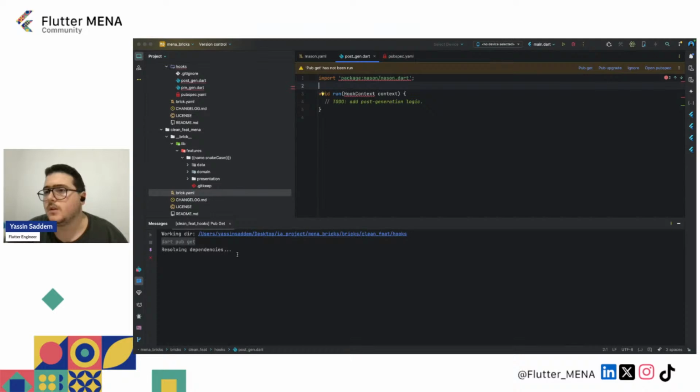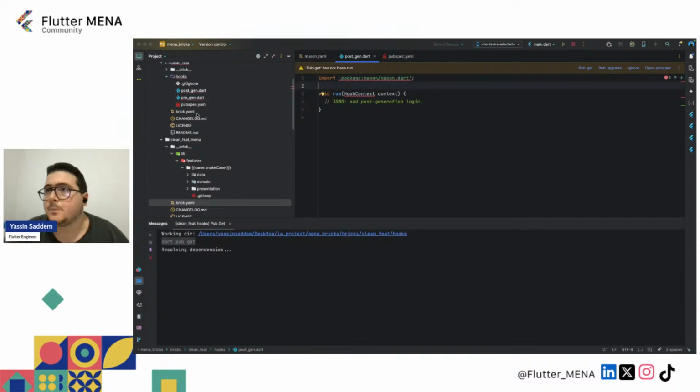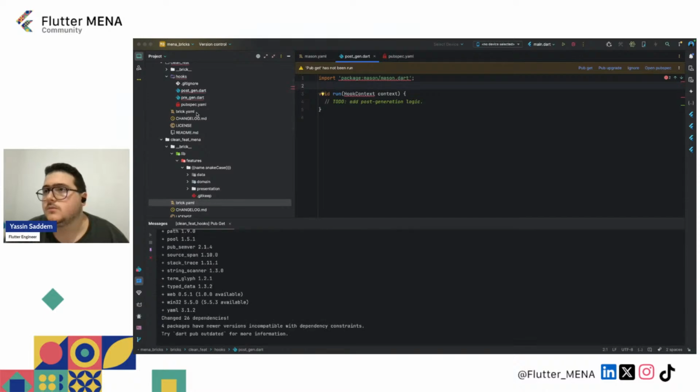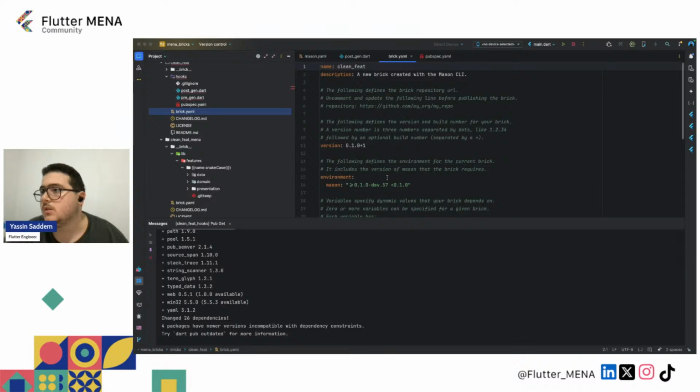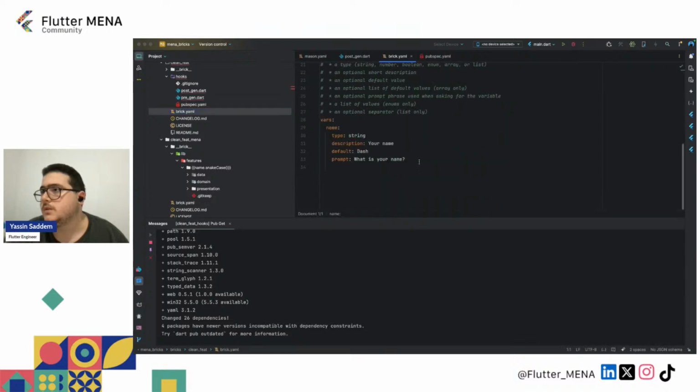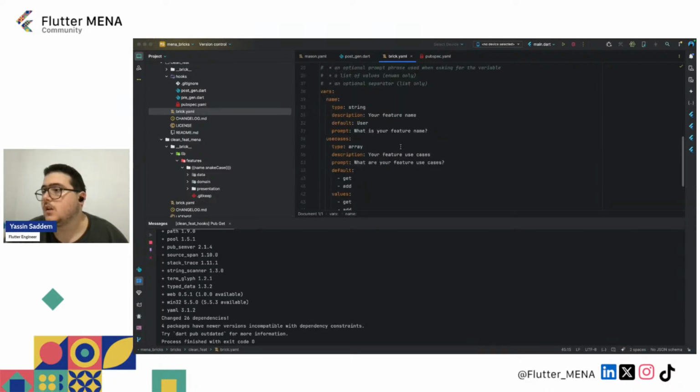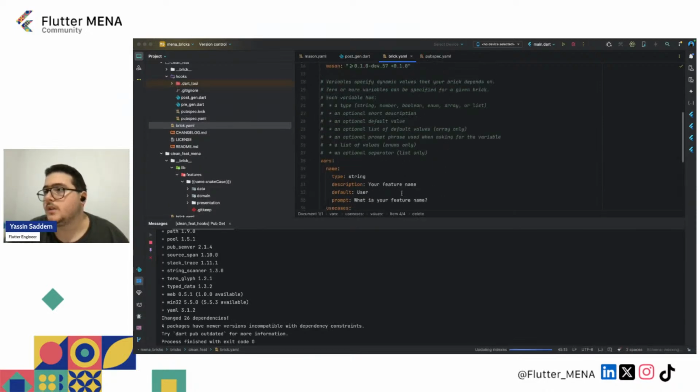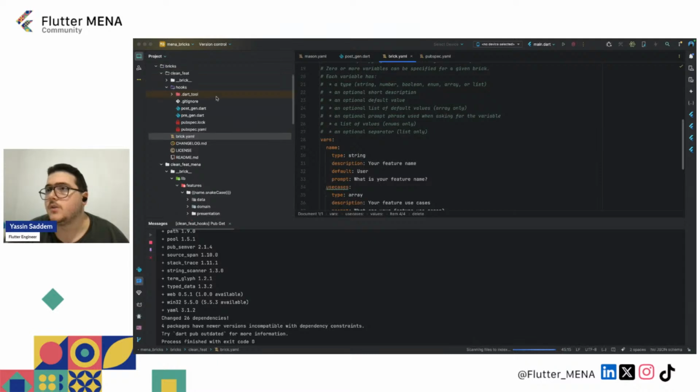I forgot the pubspec should be inside the hooks folder. So we copy all the content. So we have our hooks,